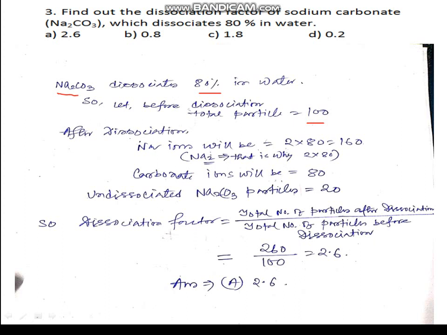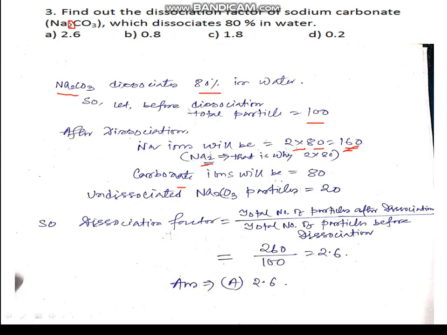After dissociation, sodium 80, it will give 80 particles. There is Na2, that's why 80 into 2, that is 160 sodium ions will be present. Remember this is Na2CO3, so Na2 means 2 Na. So 160 particles of sodium will be present, and